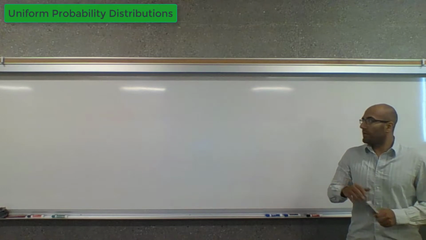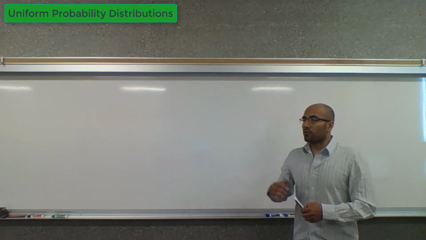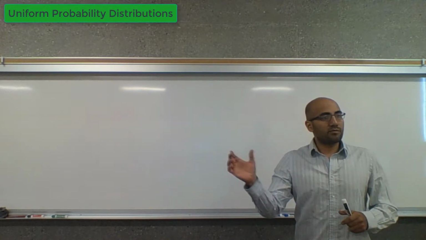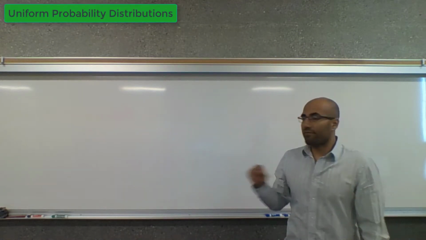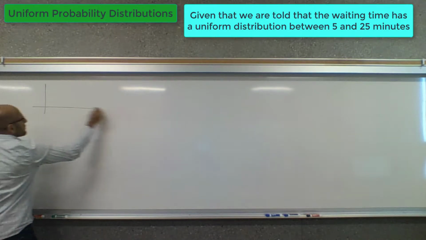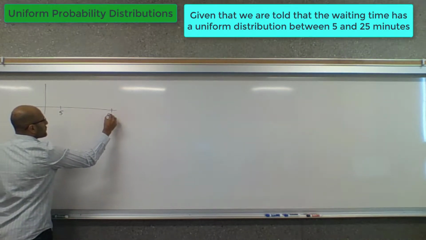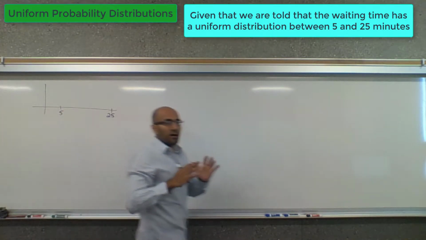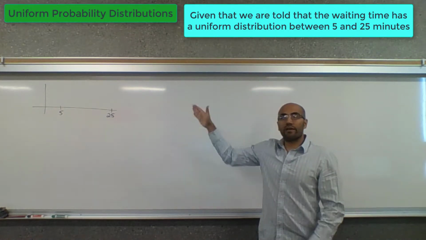As we did yesterday, we looked at an example where you went to a very popular restaurant and it was really busy, and they gave you one of those little buzzer things, right? And they told you that it's going to be somewhere between 5 and 25 minutes. That's what we did yesterday. So if we wanted to come up with a probability distribution that encapsulated the idea that the waiting time is going to be somewhere between 5 and 25 minutes,